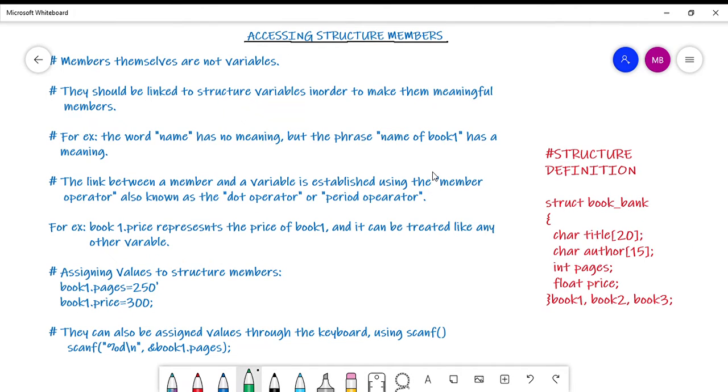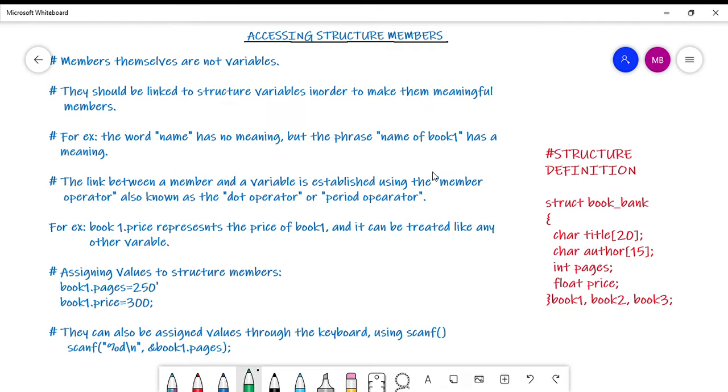In this video, we will see how we can access structure members. Just like we access any ordinary variable like an integer variable or a float variable or a character variable, by accessing I mean either you can save values in that variable or you can retrieve values from that particular variable. So just like we need to access any ordinary variable, we also need to access values from these structure variables once they have been declared.